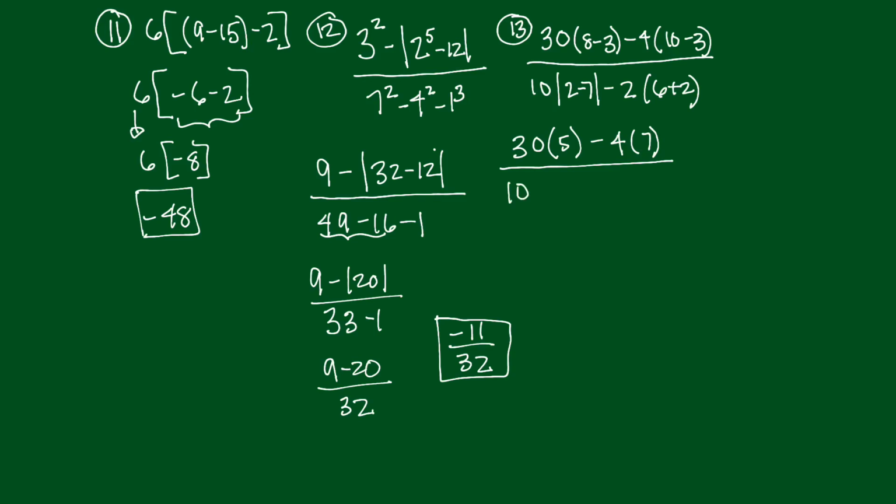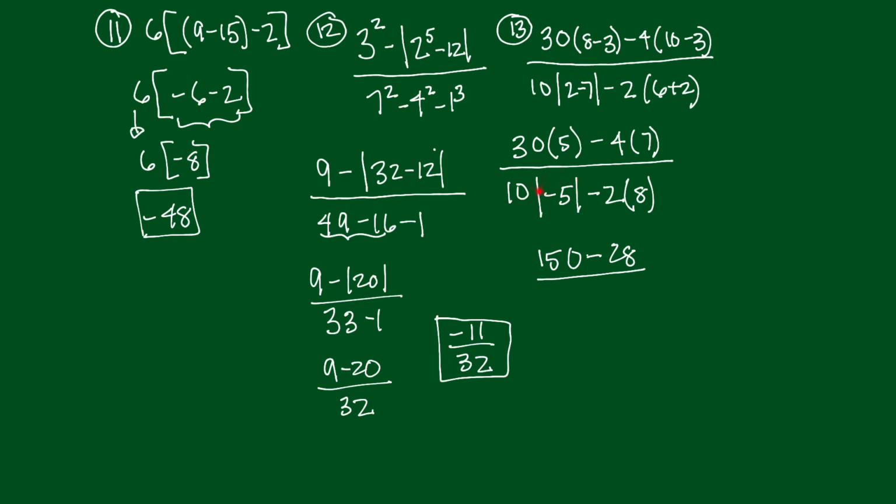We'll have the 10, and this is the absolute value of 2 minus 7. Now 2 minus 7 is negative 5. And then minus 2 times, well, 6 plus 2 is 8. All right, so I've done a little bit on the top, a little bit on the bottom. Now on the top, I got a multiplication and a subtraction. So let's do the multiplications first. So 30 times 5 is 150 minus, okay, 4 times 7 is a 28 over,